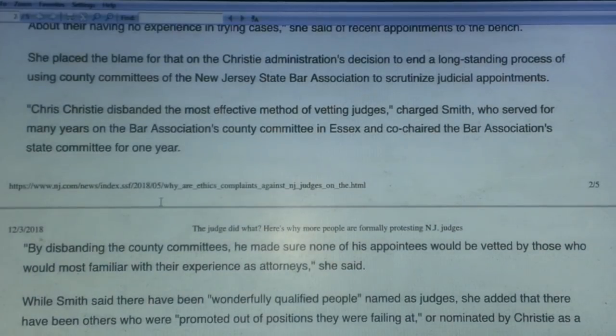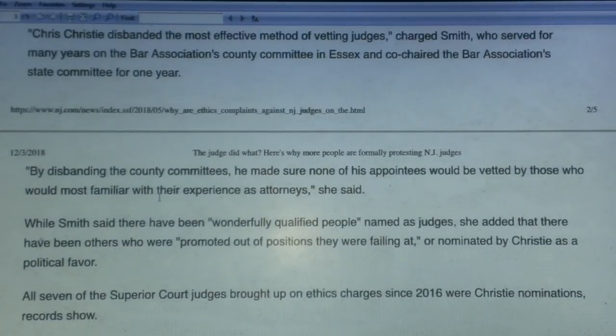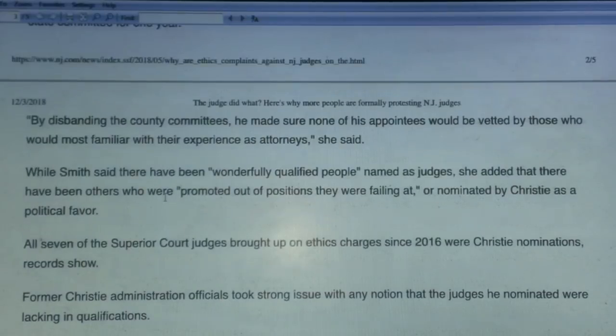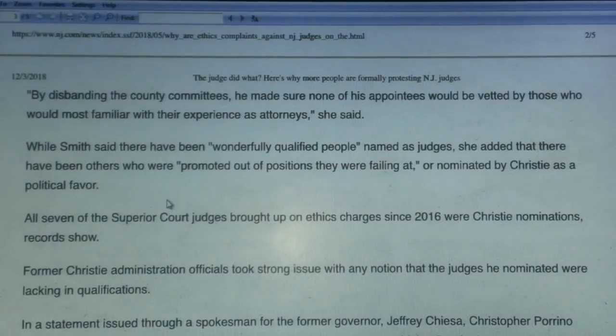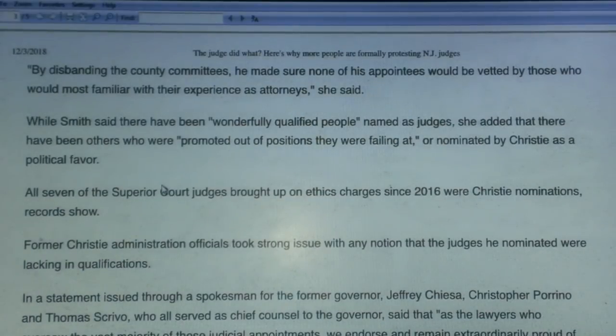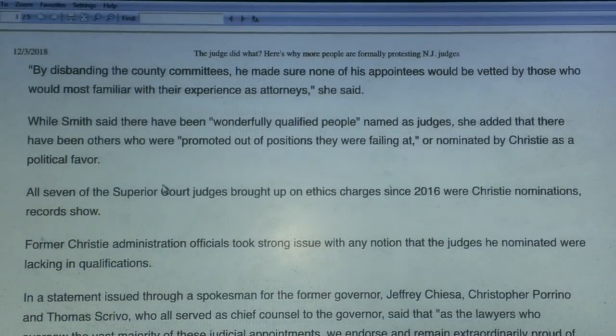But this just goes to show you, family, that there are fraud complaints. There's complaints on the books where these people operating under judicial conduct have been scrutinized for their wrongdoings. So it's on the books, family. It's just that we're not looking this stuff up so that we could get these people disqualified in these courts. So I say by disbanding the county committees, he made sure none of his appointees would be vetted by those who would be most familiar